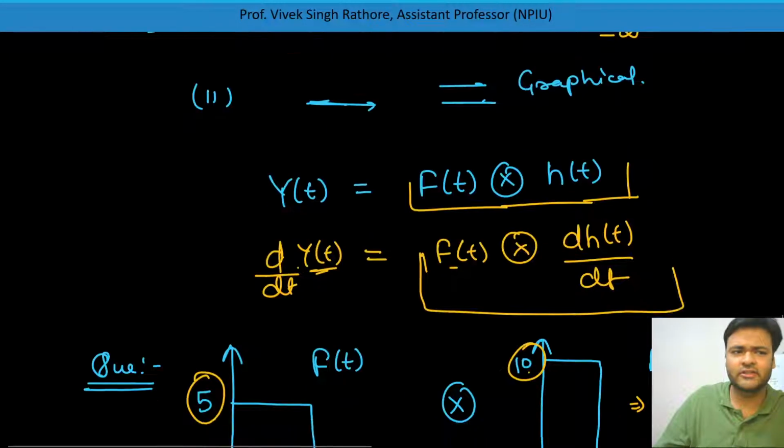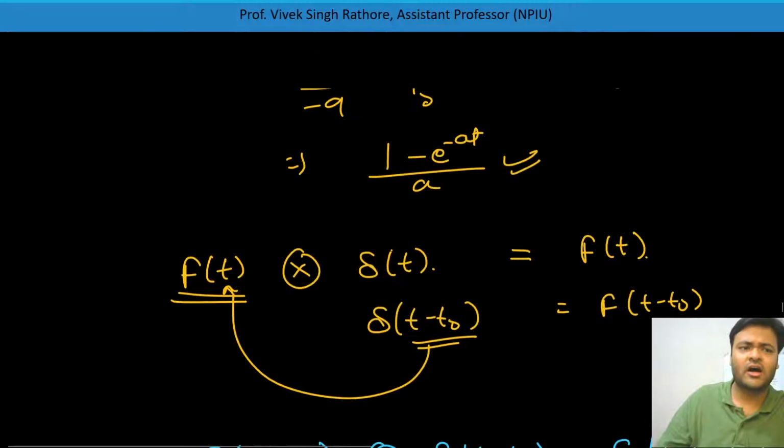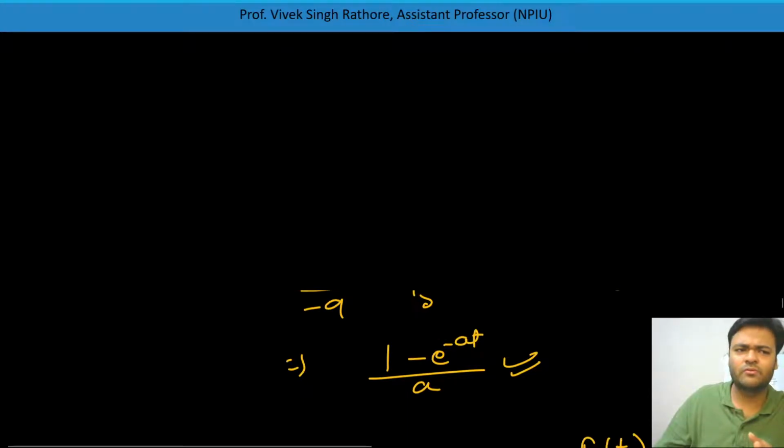By the differentiation method also, if you are able to differentiate one signal, which will be easier for you to then multiply and integrate, then that method is also easy. Otherwise, there is no need to do different types of things. You just do